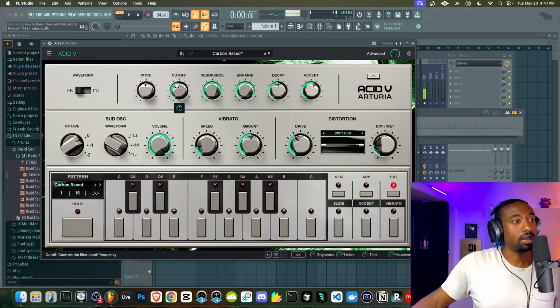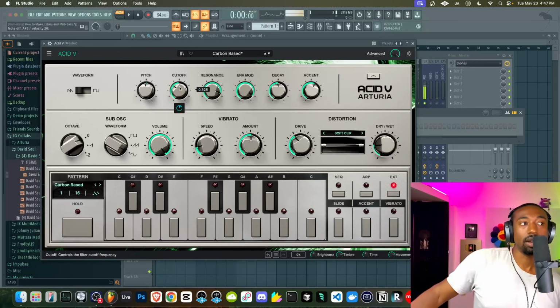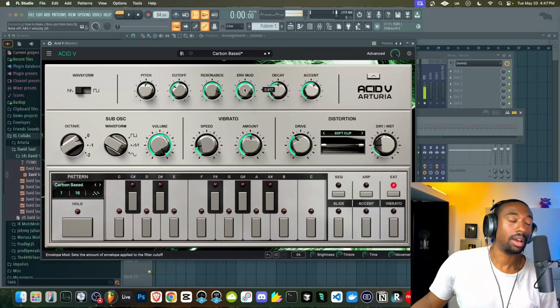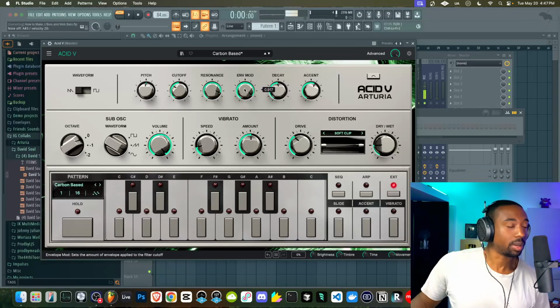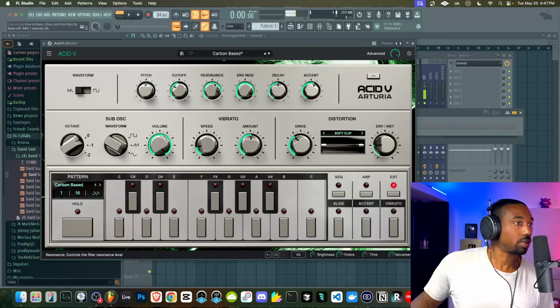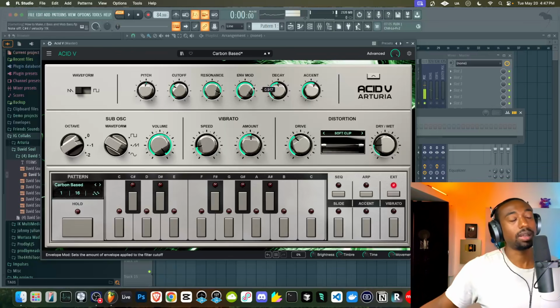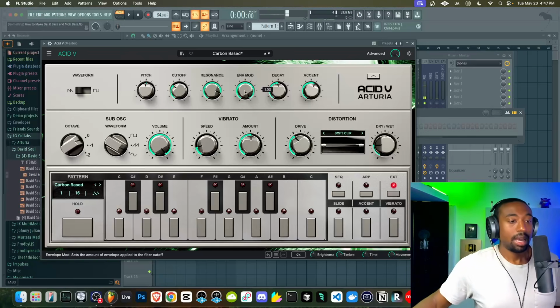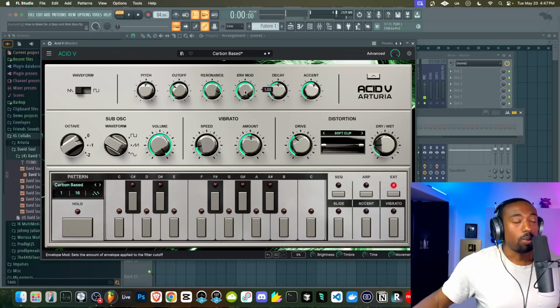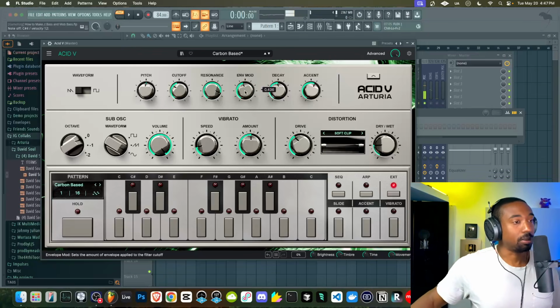Nextly, these are the main knobs here. So the cutoff, the resonance, and the envelope mod. So the envelope mod determines how high of a frequency do we want the filter cutoff to go. So for example, if I wanted to go wow like that, I'm going to turn this all the way up. If I just wanted to go whoom like that, I'm going to turn this down. So this is how you kind of tone down the harmonics in the sound, basically.